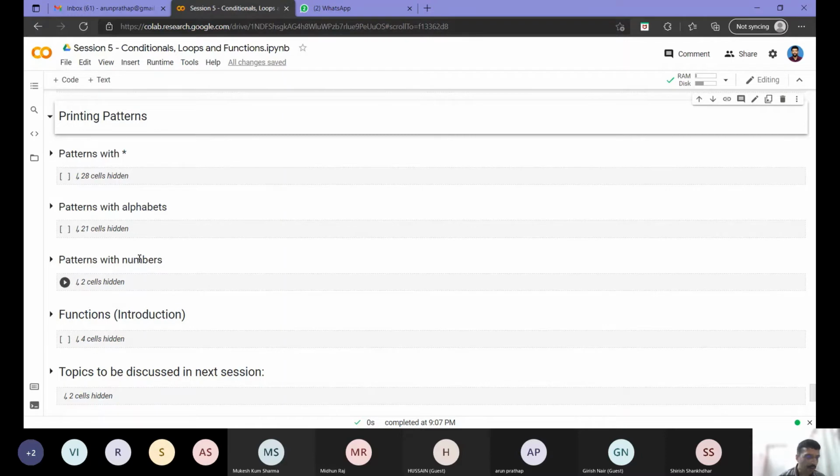And then I will tell you how you can modify the patterns with alphabets examples that we saw to work with numbers. Because alphabets we have A to Z, 26 letters. If you see capital, small, whatever you want, you can do. Whereas numbers, if you want to print patterns, single digits, you have only 0 to 9, and you have combinations of that. When you go for 2 digits, 3 digits, and all, the only thing you have to additionally see is the spacing. So I will not be dealing with patterns with numbers, but I will tell you how you can modify the patterns with alphabets to work with numbers.